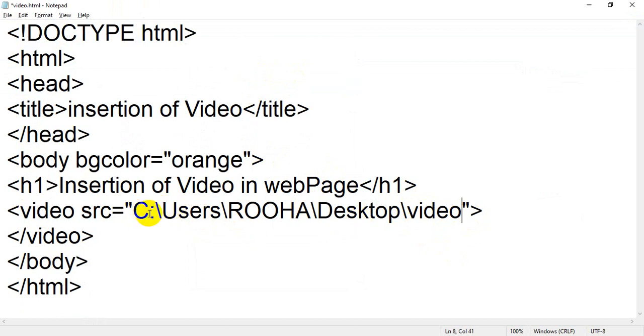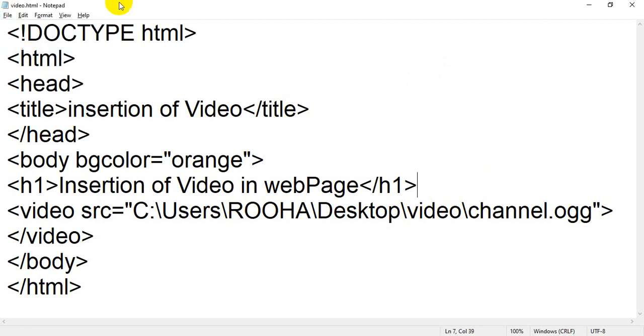See, every time it is C colon backward slash, then users backward slash, then Ruha, the name of the computer, then desktop backward slash, then video, the name of the folder. So I have to put one backward slash, then paste the file name and extension. So channel is my file name and .ogg is the extension of that particular video file. Okay, let me save it.